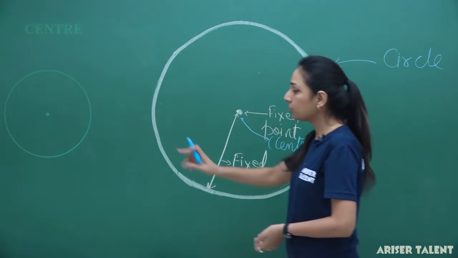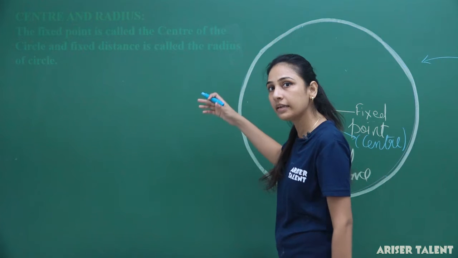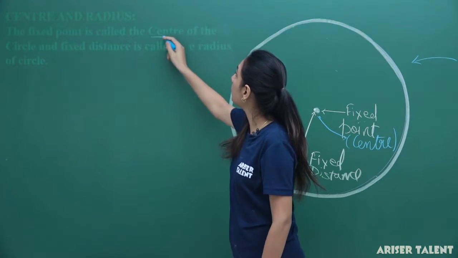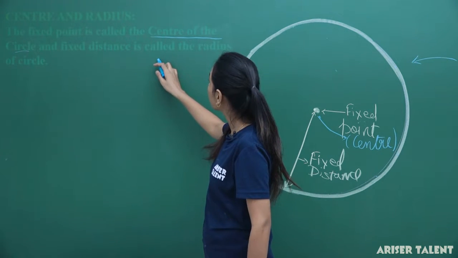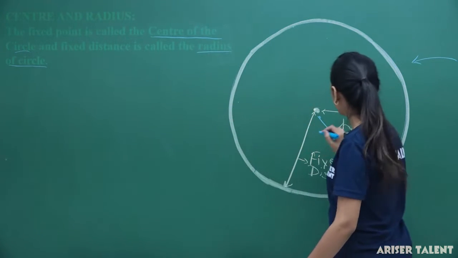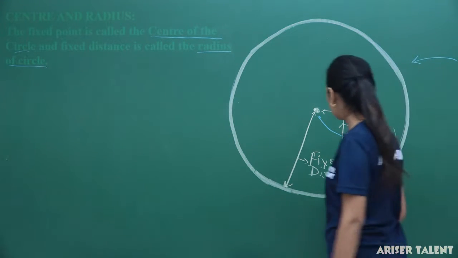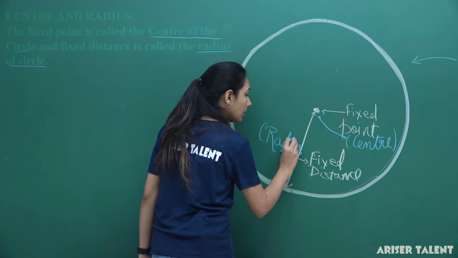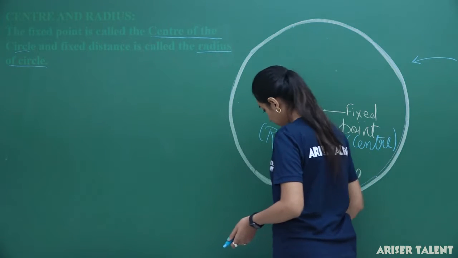Okay. So, you know the center now. You can have this definition also. It's about center and radius. Radius is the fixed distance. So, the fixed point is called the center of the circle, and the fixed distance is called the radius of the circle. Now, I was telling you we are having the fixed point. This is known as center, and we are having a fixed distance. Now, this is what? Radius. This is what? Radius we are having, right. Okay, now